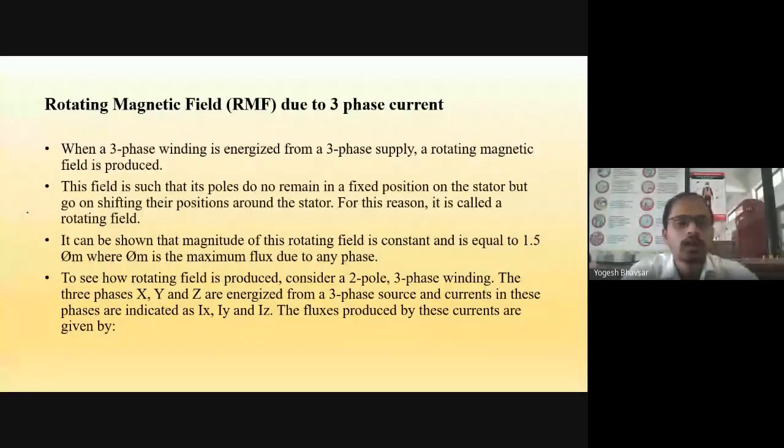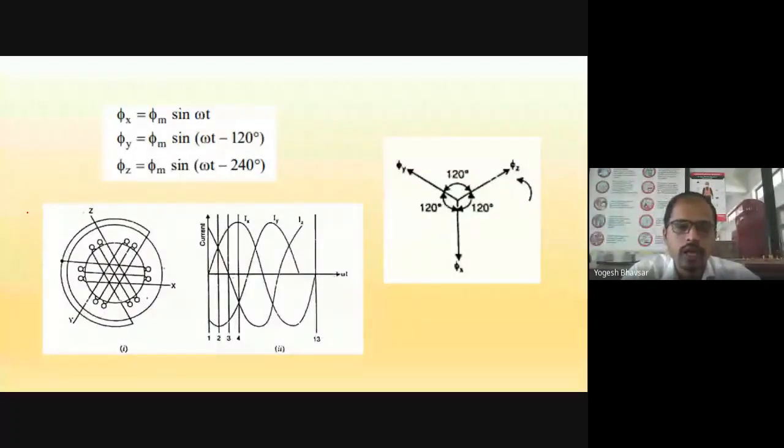To understand the working principle of a three-phase induction motor, first we need to understand what a rotating magnetic field is. As we have seen in the previous lecture, the three-phase supply is given to the three-phase stator winding of this motor. Then this three-phase supply produces a magnetic field which is rotating in nature, and whose magnitude can be calculated with the help of the waveform equations for each phase.